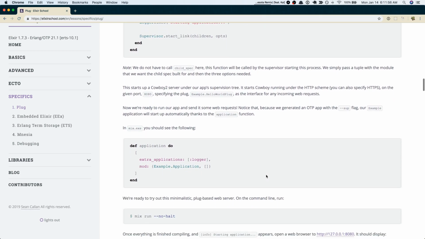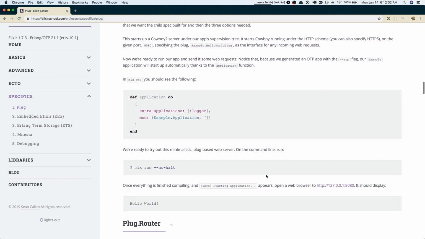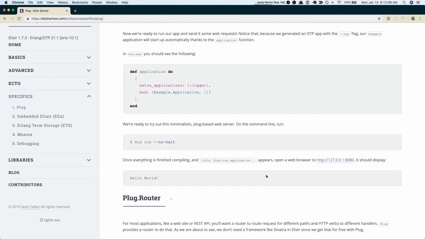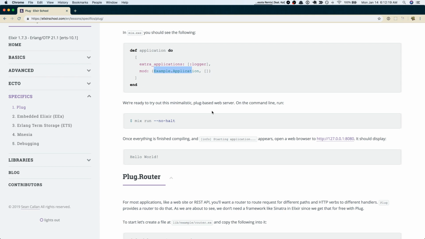Now we're ready to run our app and send it some requests. Notice that because we generated an OTP app with the --sup flag, our example application will start up automatically thanks to the application function in mix.exs, where you should see the following. We're ready to try out this minimalistic plug-based web server. On the command line, run mix run --no-halt. Once everything is finished compiling and "Starting application" appears, open a browser to localhost:8080